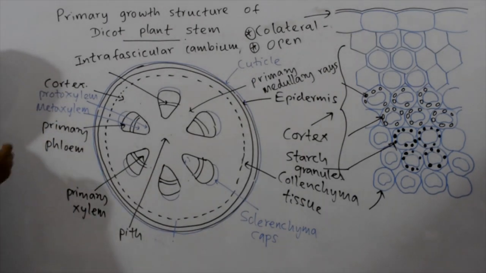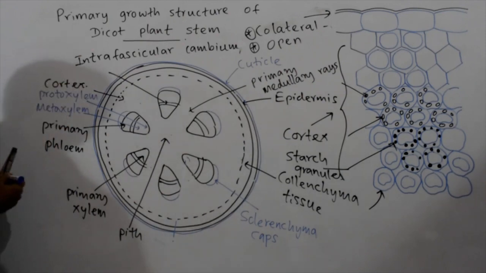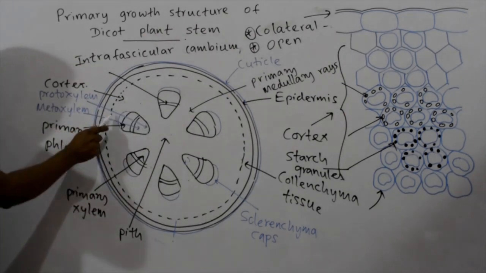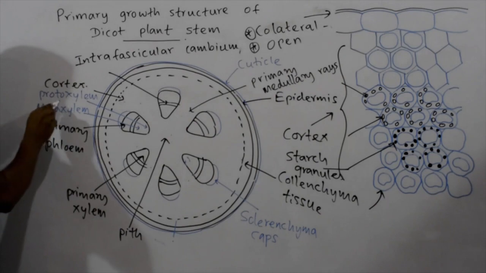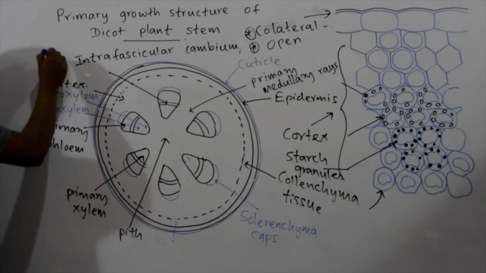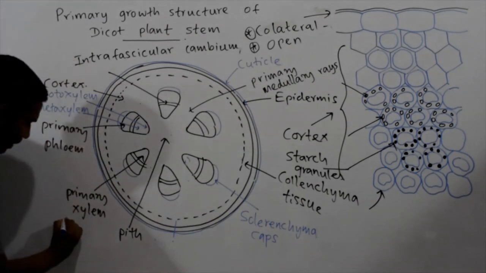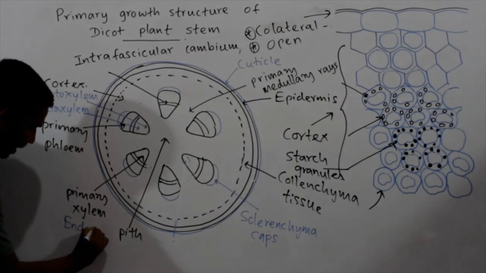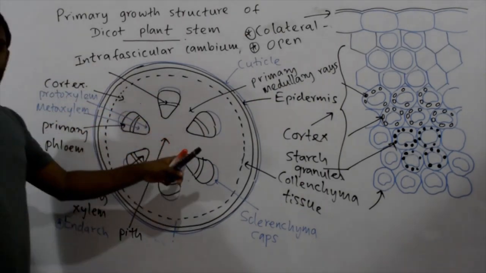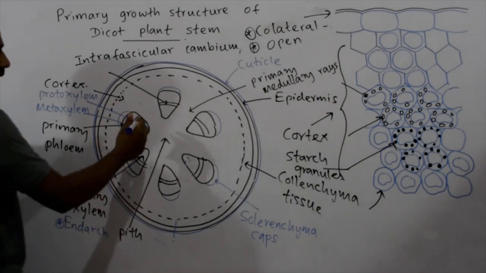In the root we said when protoxylem is arranged towards the periphery, such a xylem is known as exarch xylem. But here now you can observe protoxylem is located more medially. Then how could we name this xylem? Since protoxylem is arranged medially to the metaxylem, such a xylem can be termed endarch xylem. So here this is an endarch xylem. Remember, this xylem is an endarch xylem. Got that? Phloem also like that.